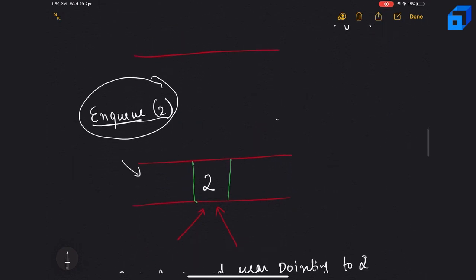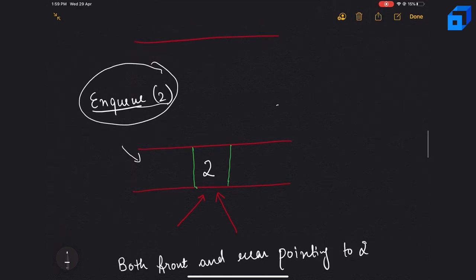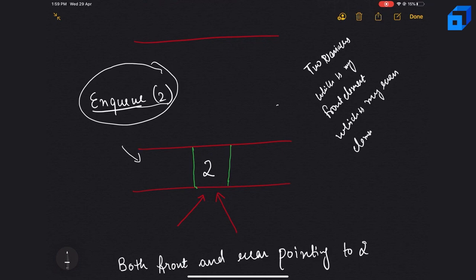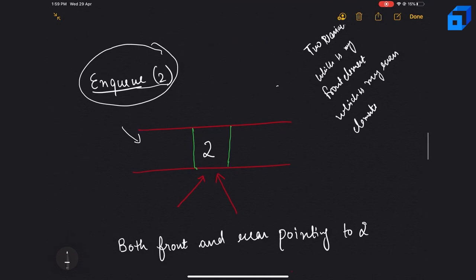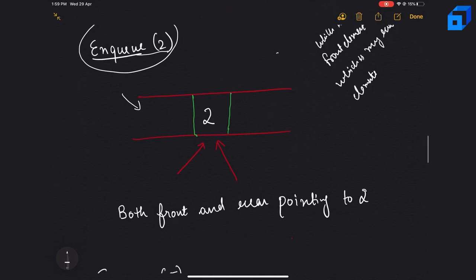Fine. Now as we know, we need to maintain 2 pointers or 2 variables which keep track of which is my front element as well as which is my rear element, so that the implementation becomes easy. If we have only one element in the queue, then both front and rear point to 2.